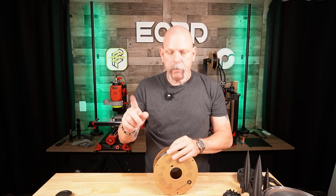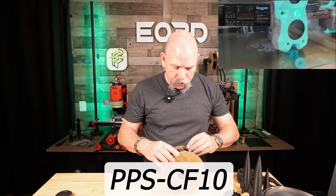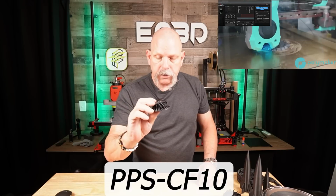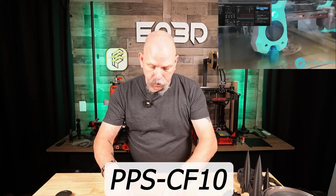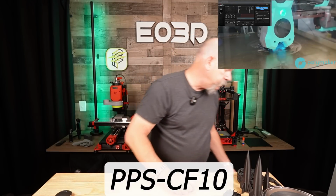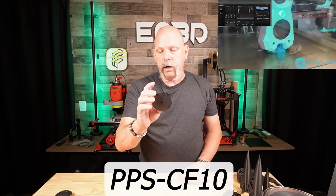Now, I'll put a video up here of this being printed while we're talking about it. Show you the temperatures that I was running it on my Trident and the speeds and stuff. Came out fantastic. Obviously my Trident's enclosed, so it was printing in an enclosed environment, and absolutely wonderful. No failure. Bed plate adhesion was excellent. I was running it on a smooth PEI plate, and I did have my version of